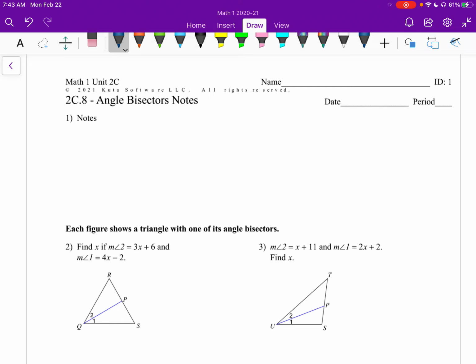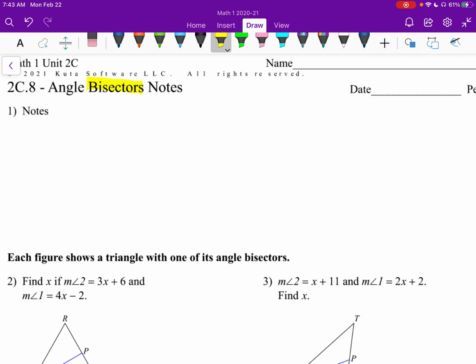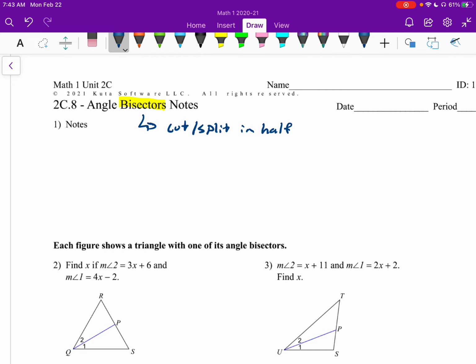All right, section 8, angle bisectors. Now, bisect might be a new word for you. To bisect means to cut in half, or split in half. Right, so if we bisect an angle, which is what we're going to be doing here, we're cutting the angle